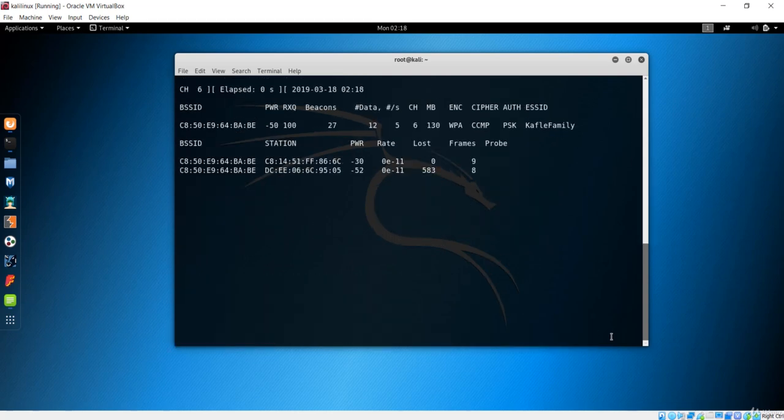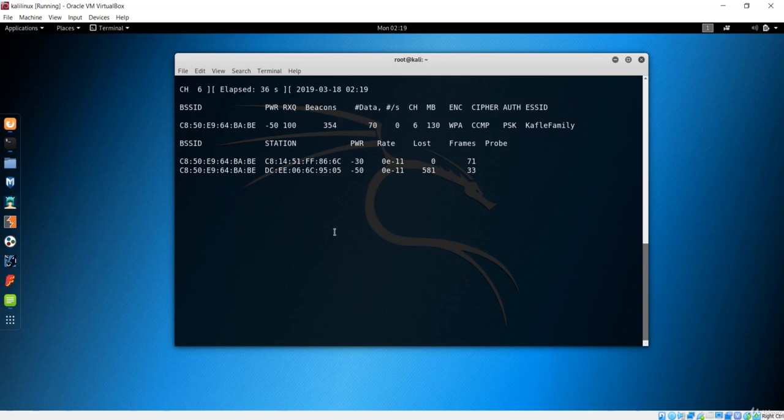Then it is going to do its tasks. But if you see, we didn't have any handshake packet over here. If there was a handshake between the client and this machine, it should have given information like WPA handshake information right here, but there is no information. You can see the BSSID, which is the network, and the client. So that means there are two clients connected to this network. You can clearly see we have these two clients connected. That means this is possible, we can crack it, because there is at least one client.